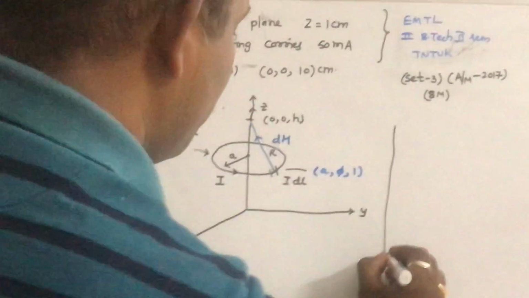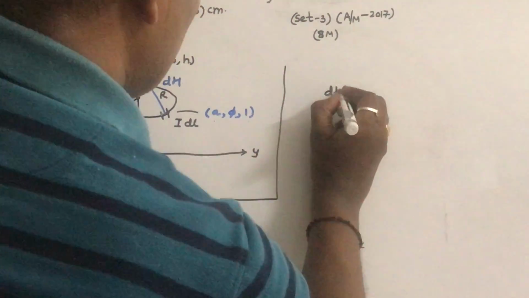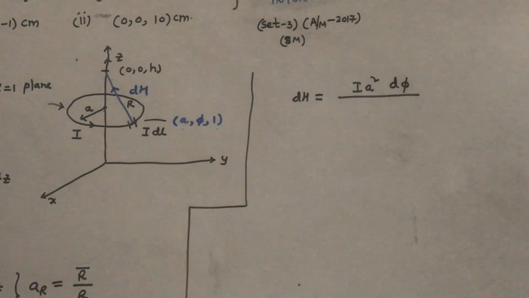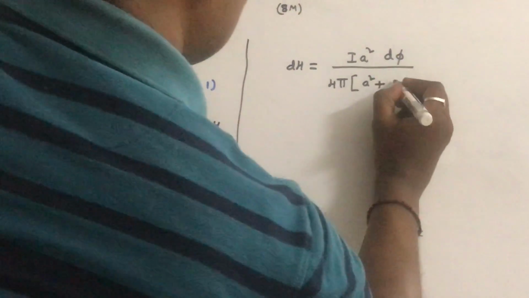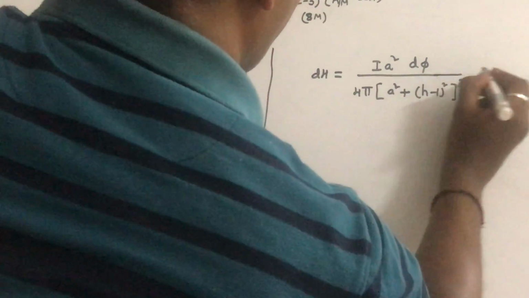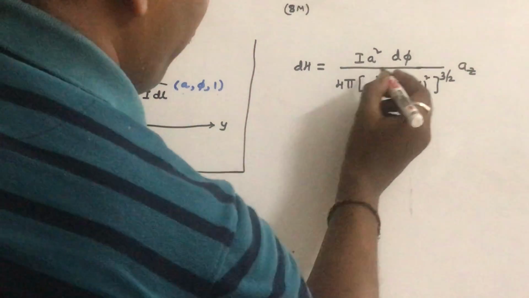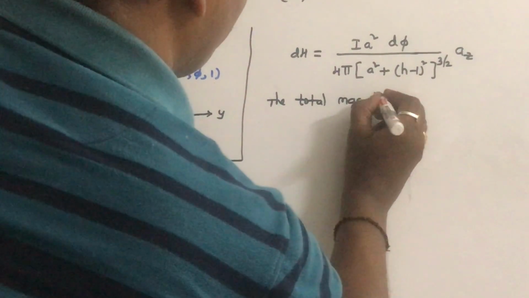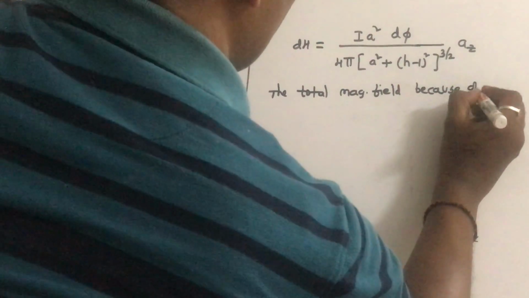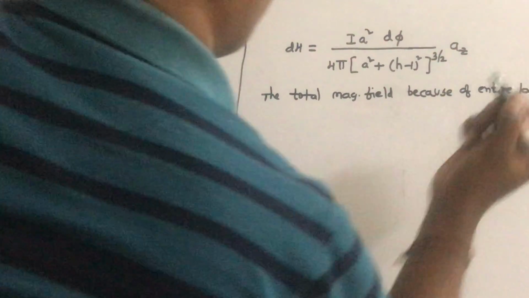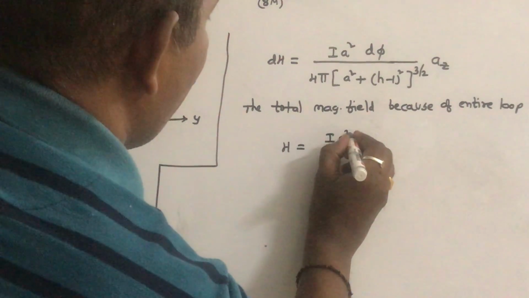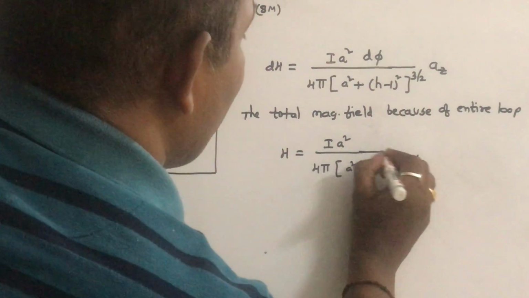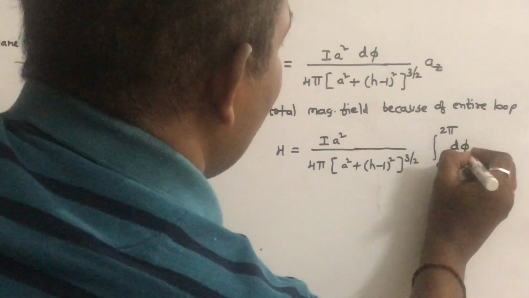So therefore the rest of the term is written as dH is equal to I a square dφ by 4π into (a square plus (h minus 1) whole square) whole power 3 by 2 into the unit vector aZ. Because φ is varying from 0 to 2π, the total magnetic field intensity because of the entire loop, H, is given by I a square by 4π into (a square plus (h minus 1) whole square) whole power 3 by 2, which is a constant because only φ is varying. The integral of dφ aZ, φ from 0 to 2π,